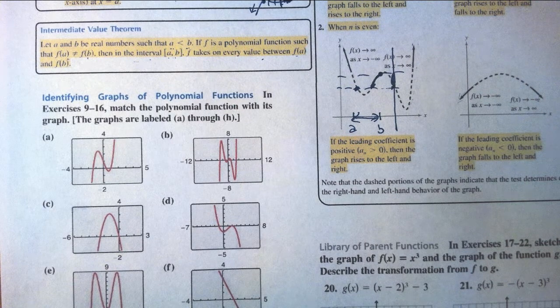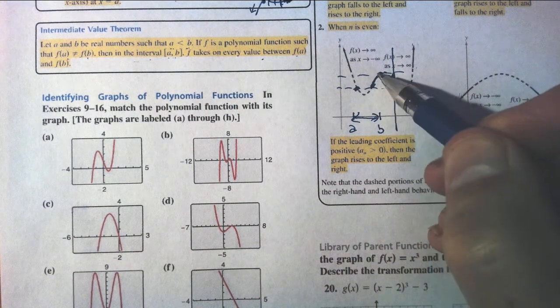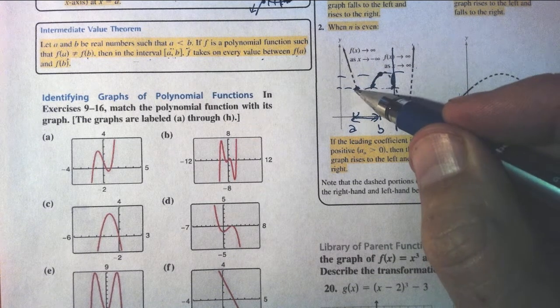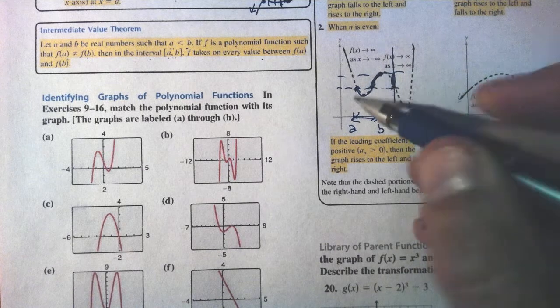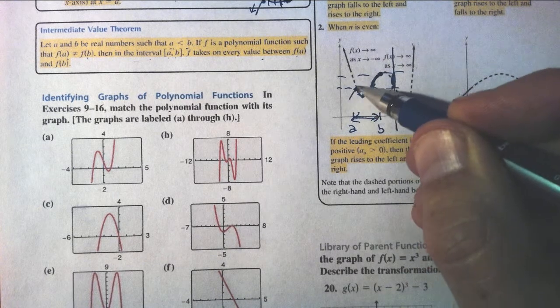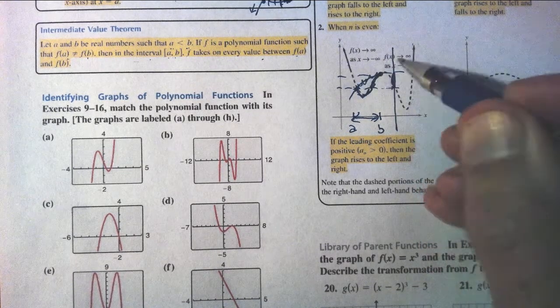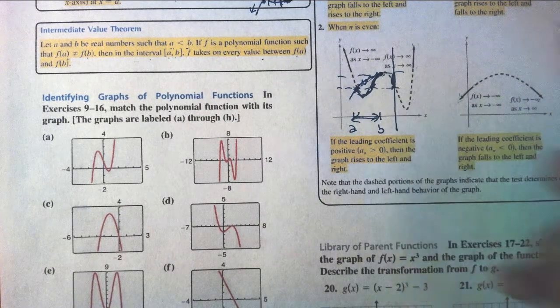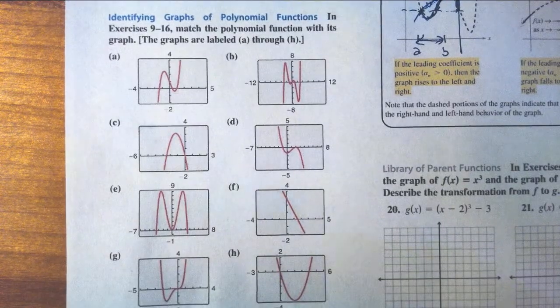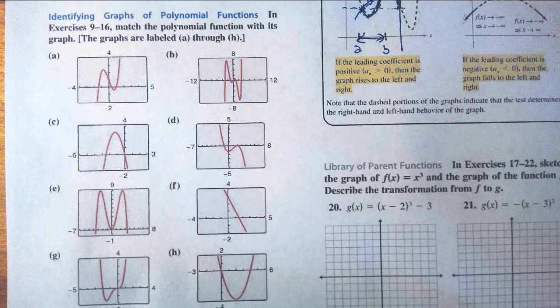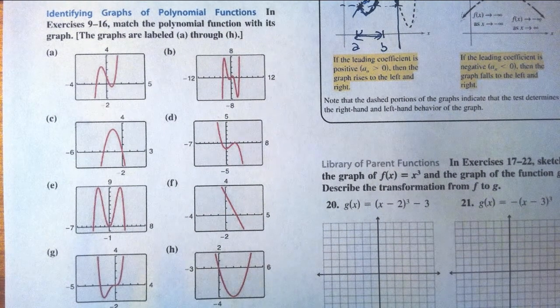All that really means is that to get from here to here, if I'm on a polynomial, I don't pick the pen up to draw it. So I have to hit all the values between. I didn't have to go down here. I could have a polynomial that looked like this, but we hit all the y values between here and there. Like I said, not something we're going to talk about a whole lot in this course, but a really big deal in calculus. Okay, now 9 through 16, some of my favorite problems in this chapter,